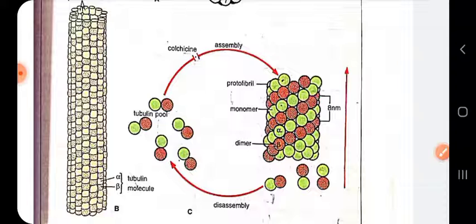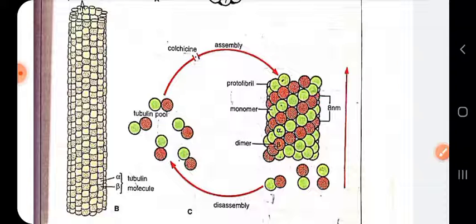So biochemically, each protofilament of a microtubule is made up of a protein called tubulin. What is tubulin? Tubulin is an acidic protein. Its molecular weight is about 55,000 Dalton, and